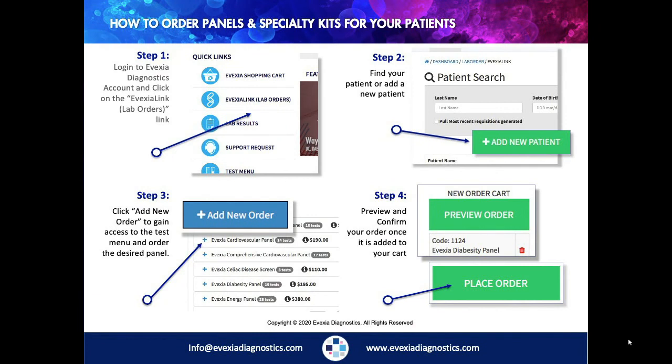Now let's briefly review how to order these panels. First, log into your Avexia account and click on the Avexia link option under the column labeled Quick Links on the left-hand side of the dashboard. Next, find your desired patient or create a new patient. Then, click the button labeled Add New Order to open the test menu and select the appropriate panel or test. Add it to the cart by simply clicking the plus sign on the left-hand side. Finally, preview and confirm your order once it has been added to your cart, and complete the process by clicking